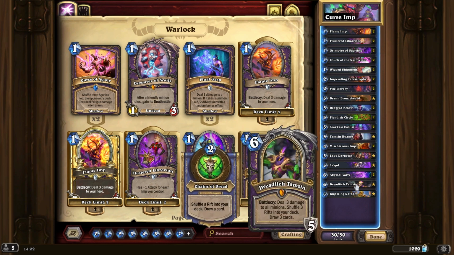Dreadlich Tamsin, Battlecry, deal 3 damage to all minions, again includes your own. Shuffle 3 rifts into your deck and draw 3 cards. The rifts are these things where it's a 3/3 imp. It gets shuffled into your deck. When you draw it, it gets played, and then you draw another card to replace it. So you don't lose out on anything, you just get a free 3/3 imp when you draw that card,